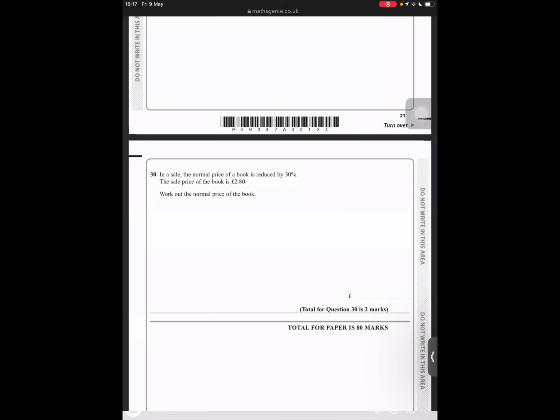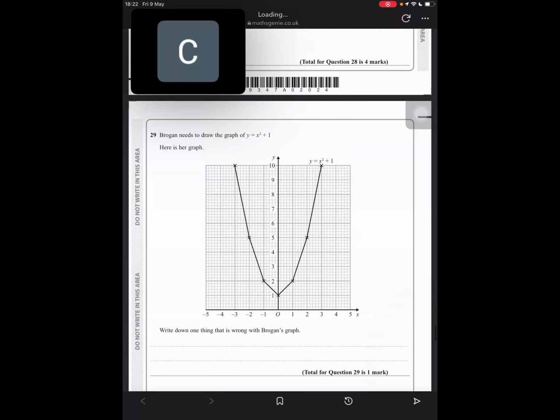Okay. So let's see the next question. The next question says Brogan needs to draw the graph of y equals x squared plus 1. Okay, here is her graph. So it's supposed to be a curve, but it looks like the points are too sharp. The question now says, write down one thing that is wrong